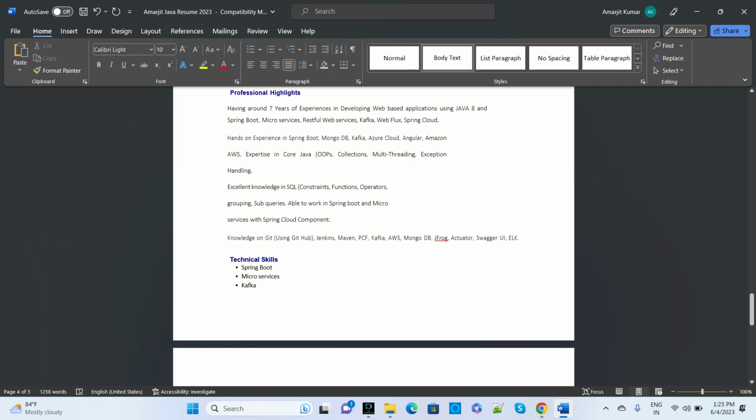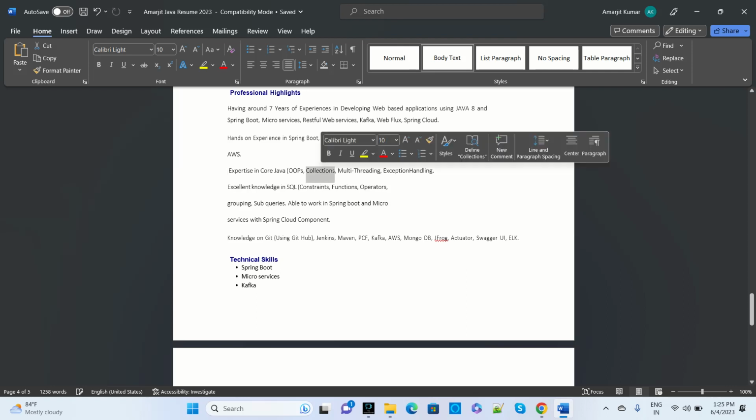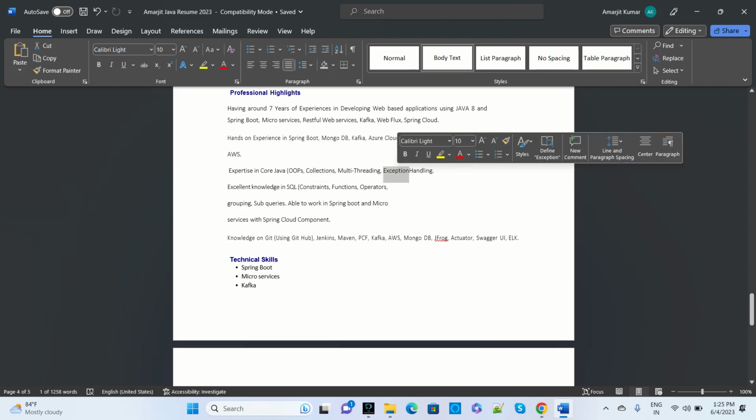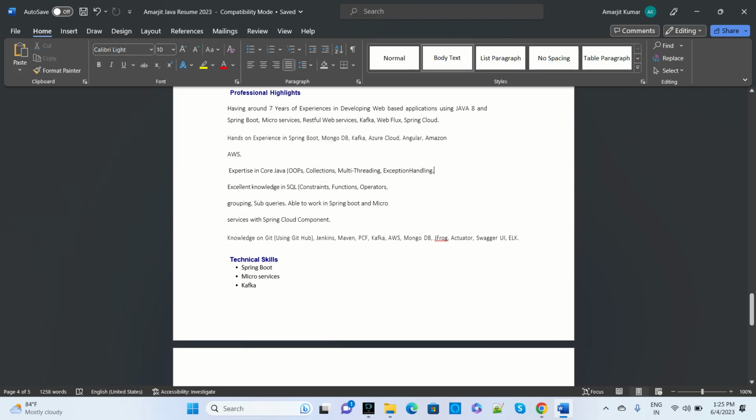Amazon AWS. Then also you have to mention the core things, like expertise in core Java. So what type of module you have expertise in, like OOPS concept, collection, multi-threading, exception handling, like that. Whatever common topics you have expertise in, you have to mention there. You can modify it as per your requirement, but this is the common one which everyone can use, either fresher or experienced,